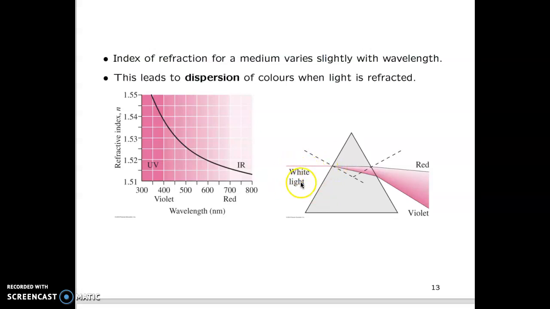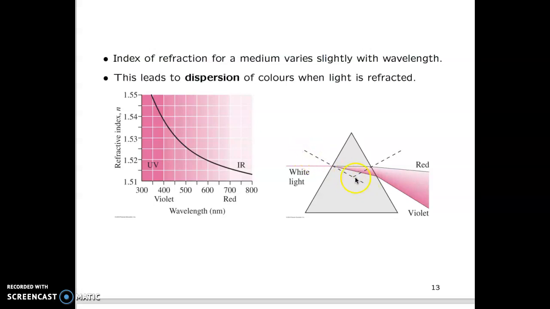Okay, so when you hear the expression white light, it means not just one color, but a mixture of all the colors. So you have many different wavelengths kind of superimposed on one another. Now what happens is when it hits this interface, the light will bend, and the light will bend towards the